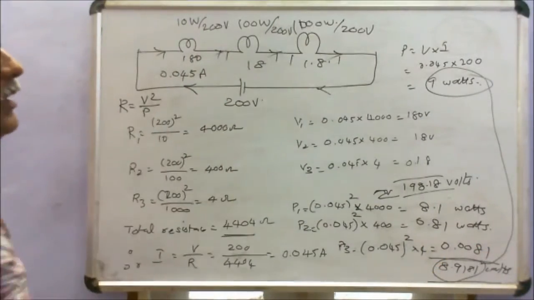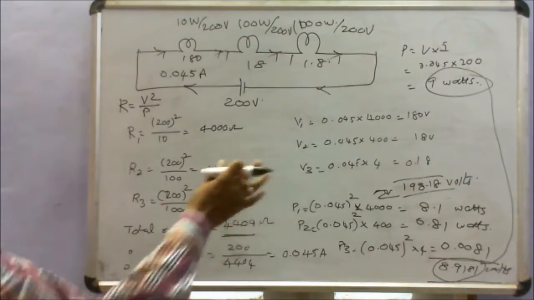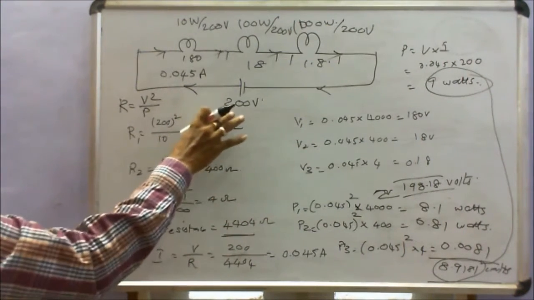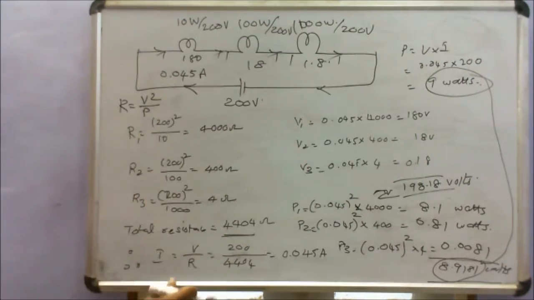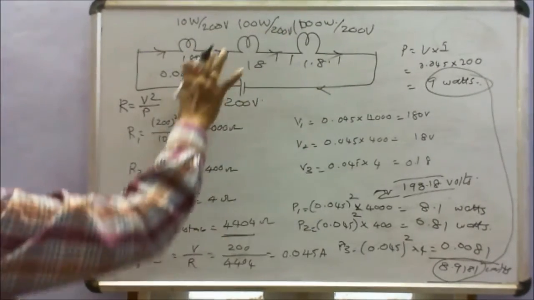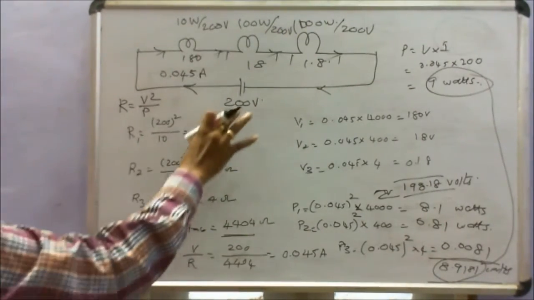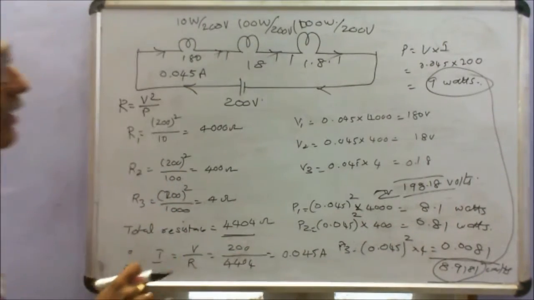You can see the filament of the 1000 watts bulb. So this is a very interesting problem. In the previous problem, they have changed the voltage. If the voltage is different, we have to include some resistance. Here the bulb's rating voltage is given, 200 volts. Its operating voltage is given. The supply voltage is also given. We can check whether our problem is correct or not.